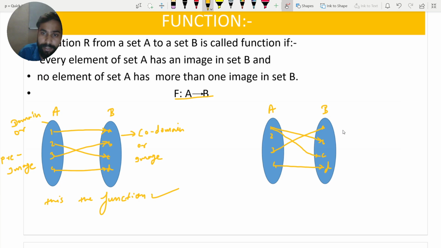But this is not a function. Why? Because the definition says every element of set A has an image which is unique. Here we write no element of set A has more than one image. But in this, an element of set A has two images, B and C. This is not possible. So it is not a function.